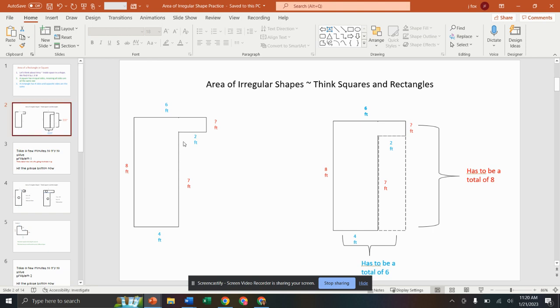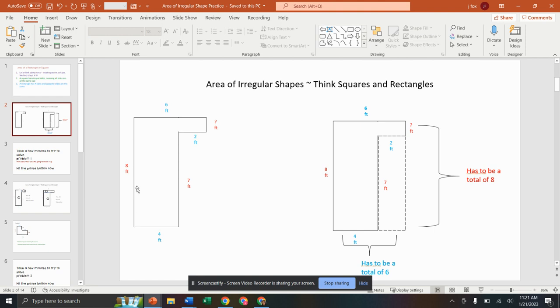So we see this and yikes, oh my goodness, we have all of these different numbers everywhere. But if we think, okay, this would be a rectangle if this little chunk was here. If we drew here, that would be a rectangle. So what do we know about a rectangle? They gave us some information here. They said this whole